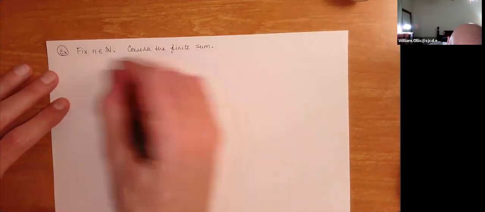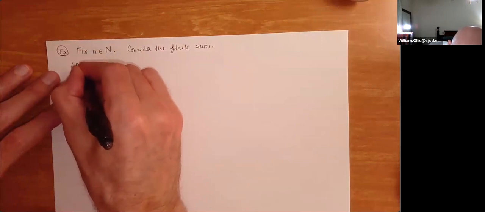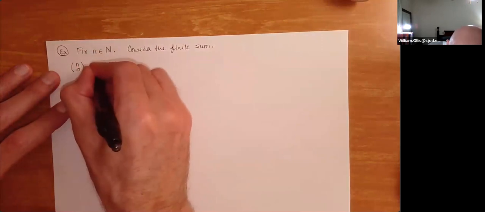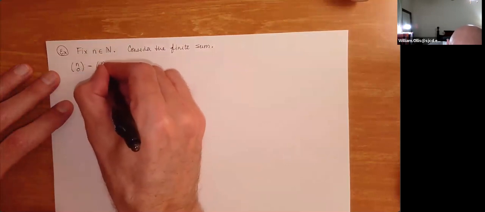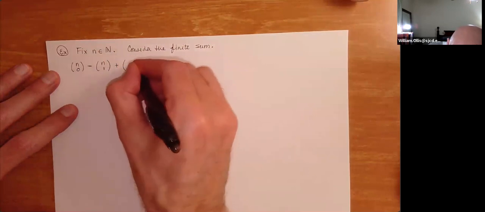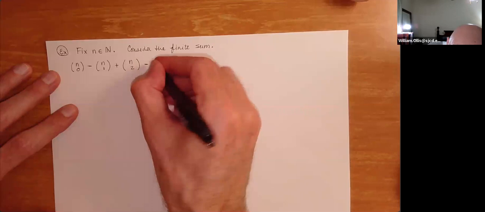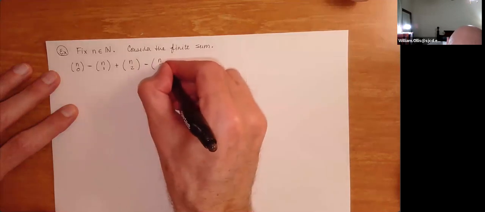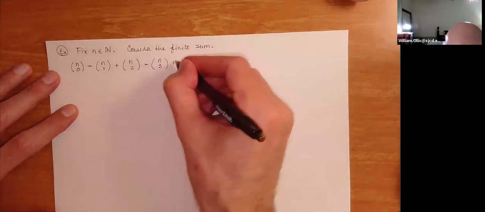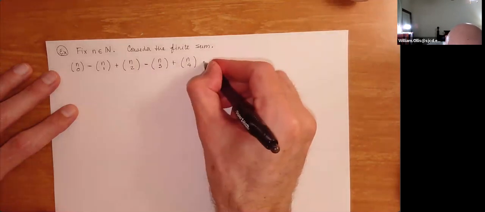So in this case, we might say, okay, so we've got the following. We have n choose 0 minus n choose 1 plus n choose 2 minus n choose 3 plus n choose 4. And then we'll just do dot, dot, dot